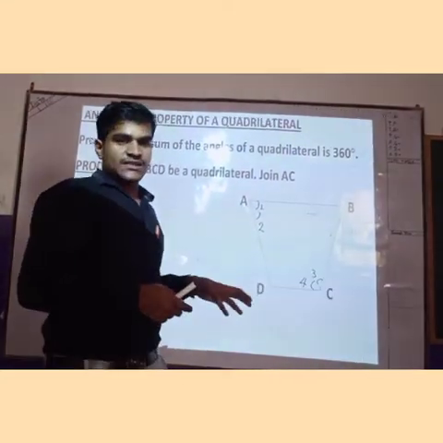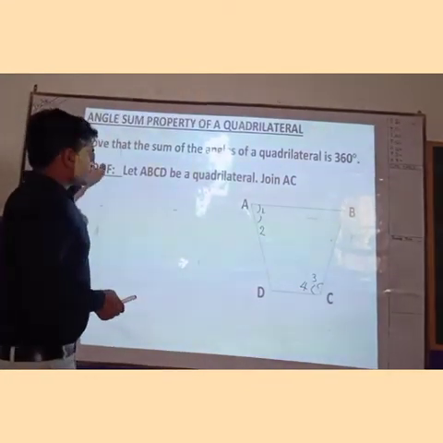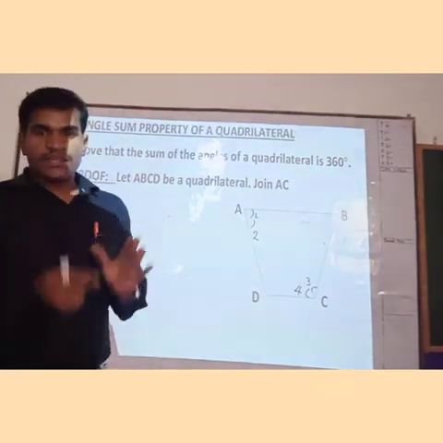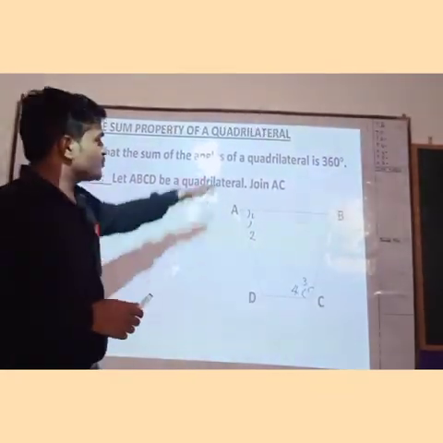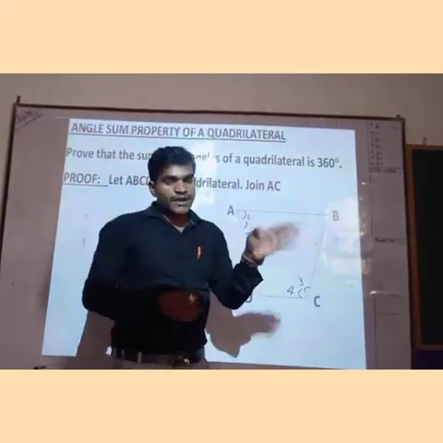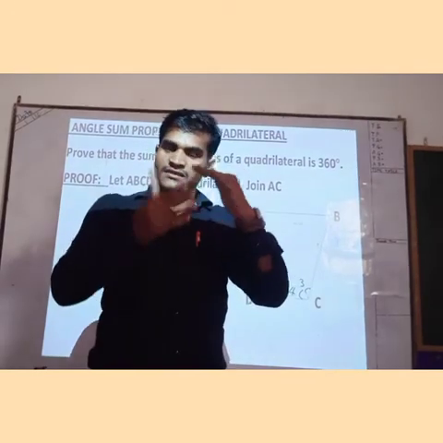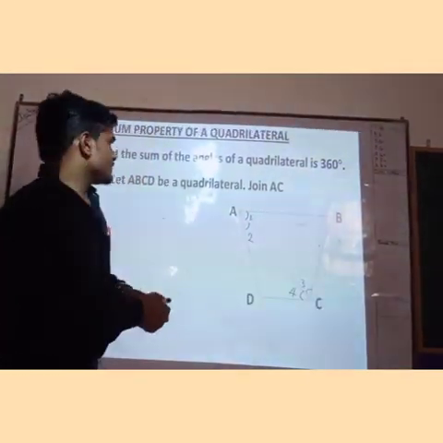In this class, we have to prove also that the sum of the angles of a quadrilateral is 360 degree. We have to prove it, and the sum of the angles of a triangle is 180 degree, they already proved in class 7. Okay, so children, let